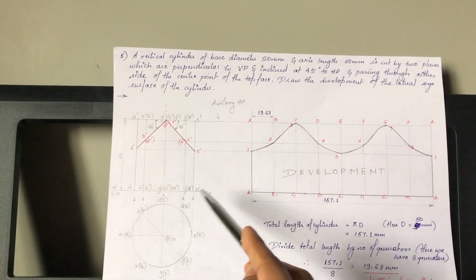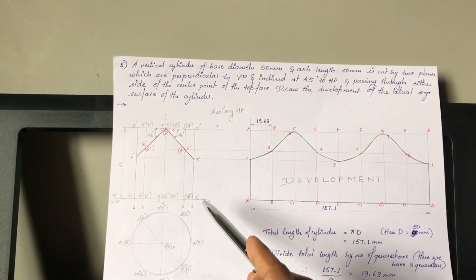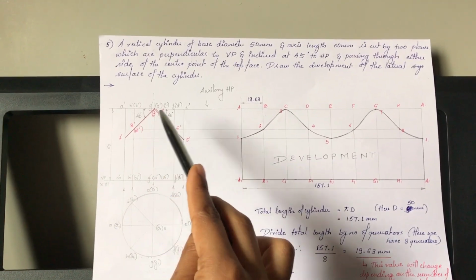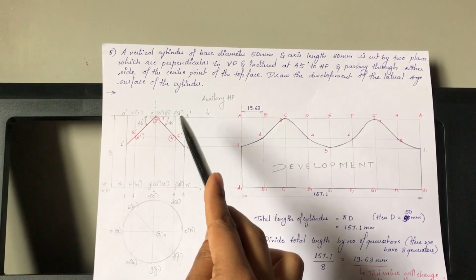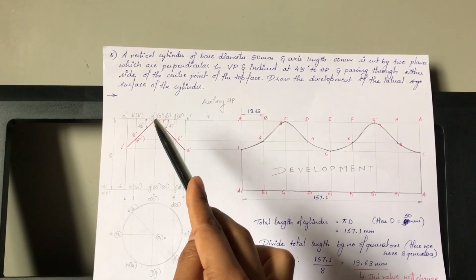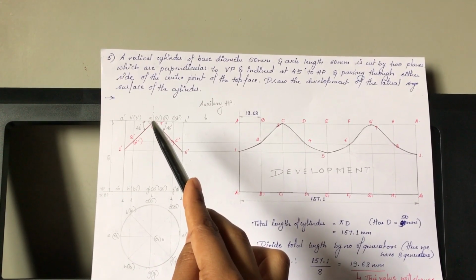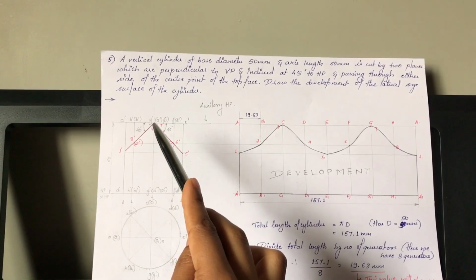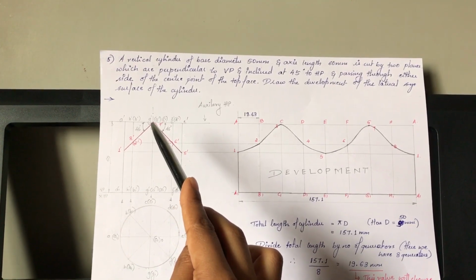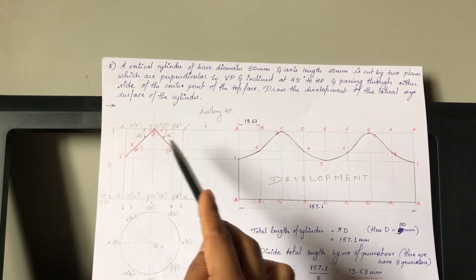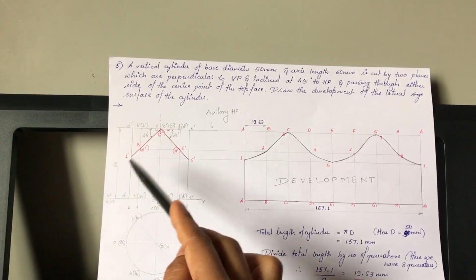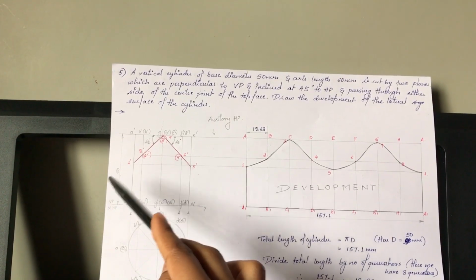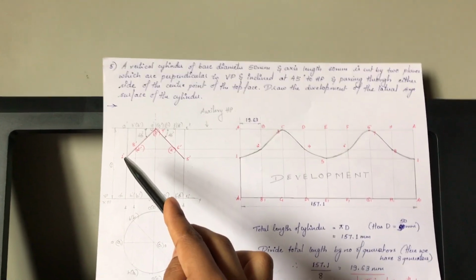Actually this is my horizontal plane. But in order to go for the construction, I am taking the auxiliary horizontal plane here such that it is going to be in line with this top face. Once I get this horizontal plane and with top center as this, that is O1 dash, I mark 45 degrees and 45 degrees on either sides of the center of the top face. So when you take the center of this protractor here and you mark 45 in both these directions, you will then start the line from here and you will end it along the angle line. You will stop it here itself on this cylinder.